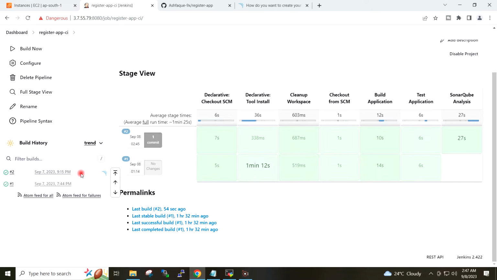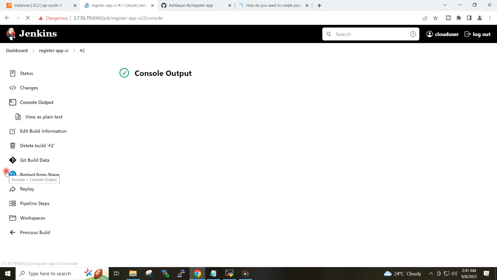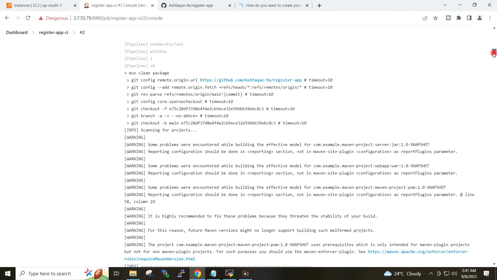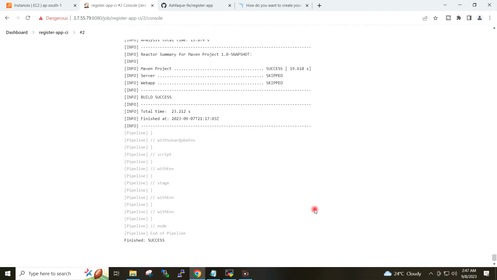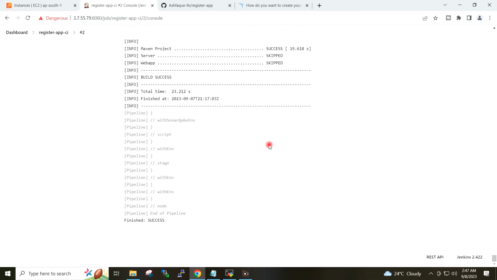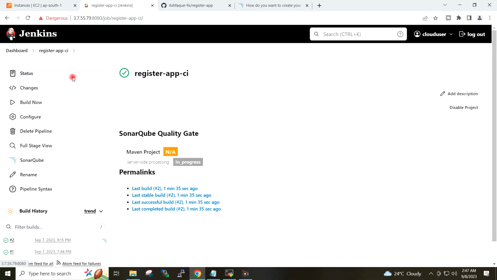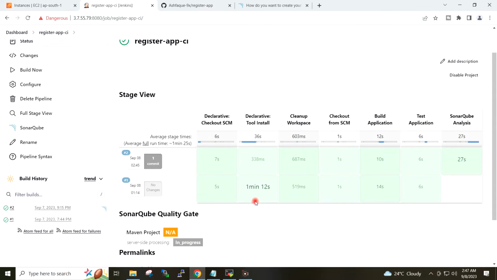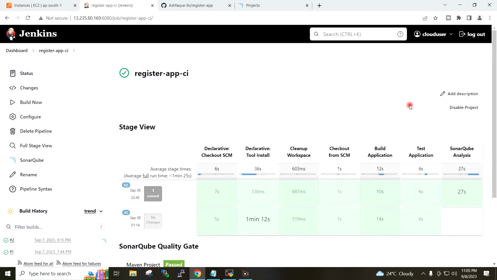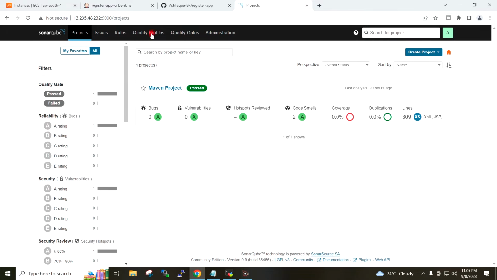Okay, so build successful, and the new stage has been added to our pipeline, which is the SonarQube analysis. If I go to SonarQube dashboard under the projects, you can see this is my build.